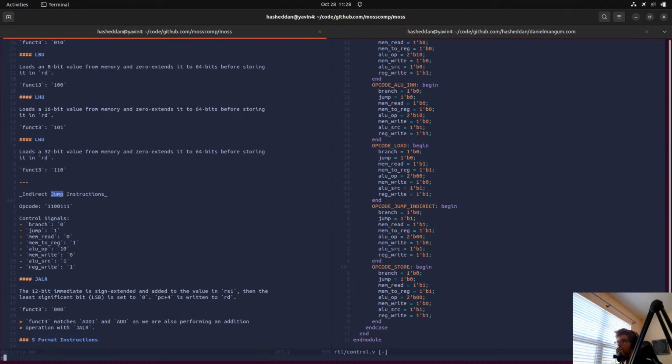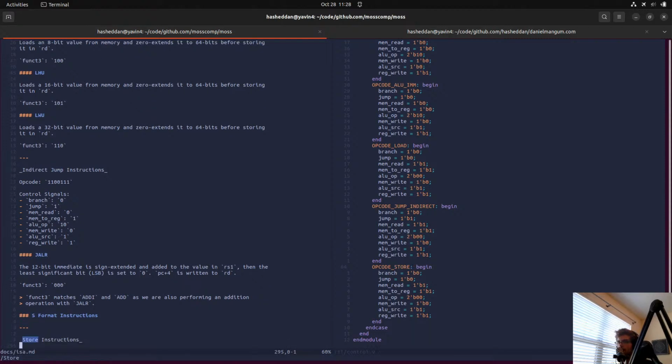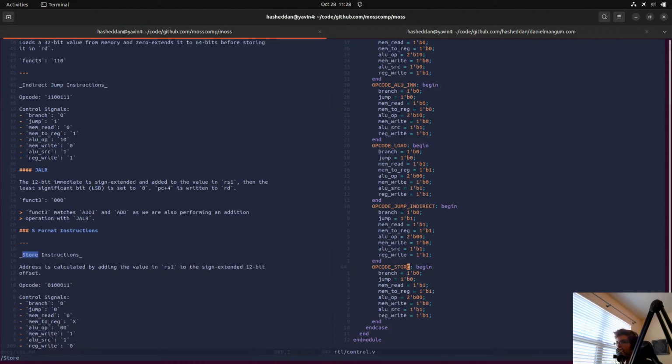Opcode store. Branch 0, mem read 0. And mem to reg, don't care, so we'll just put it as 0. Note that for now.